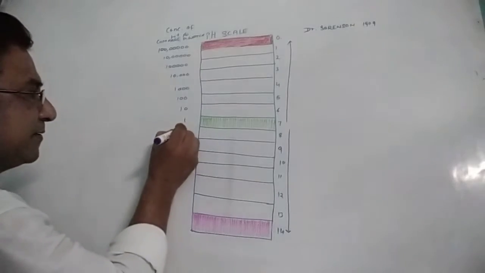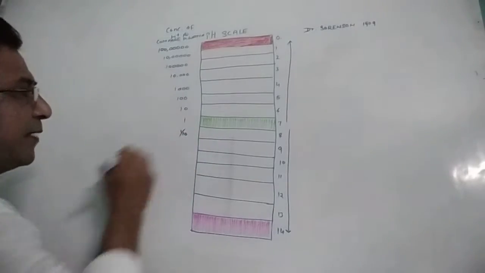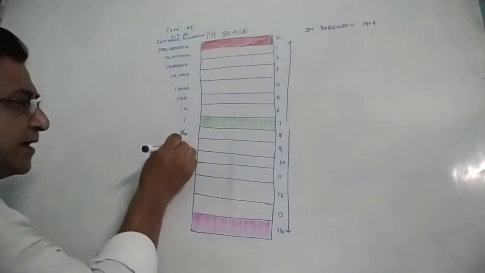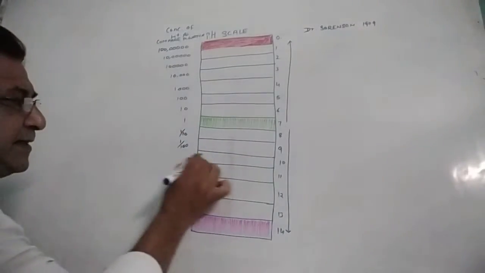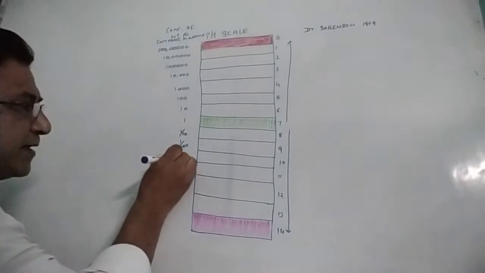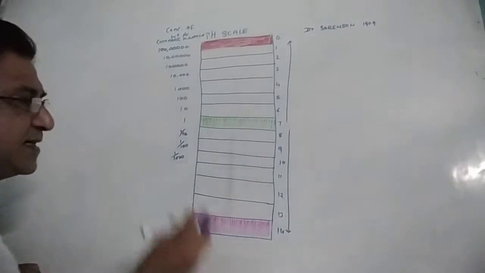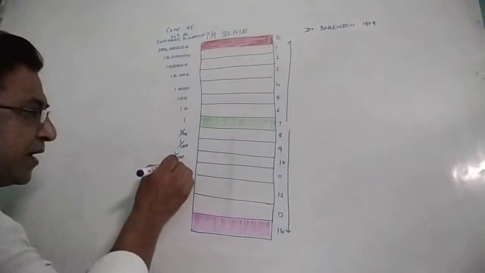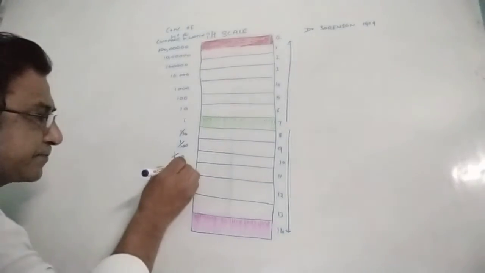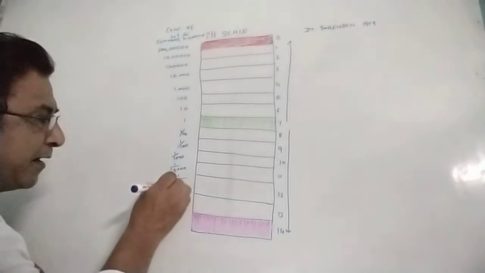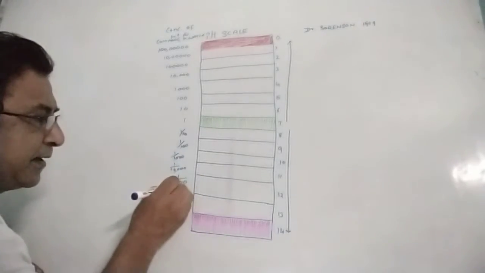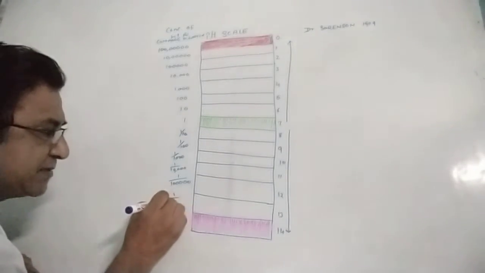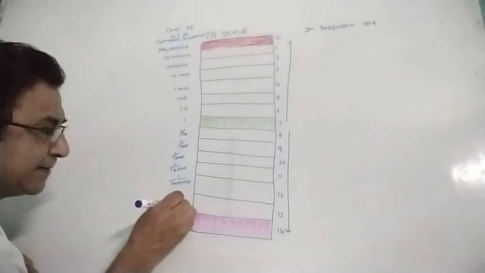At 8, the H plus ions will be about 1 by 10. At 9 pH, 1 by 100. At 10, it is 1 by 1000. Very easy to remember how many H plus ions each pH value contains. Then 1 by 10,000. Then 1 by 1 lakh. Correct? And as we move to 13, it becomes 1 by 10 lakh.